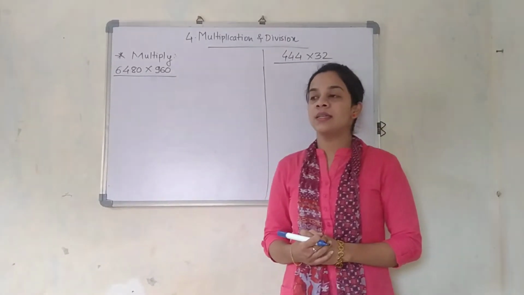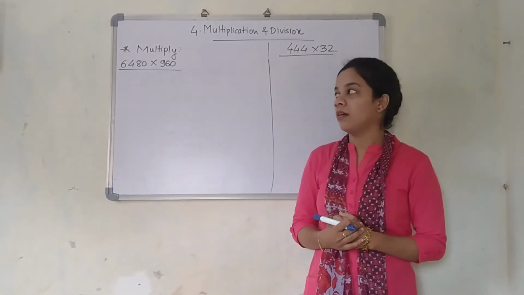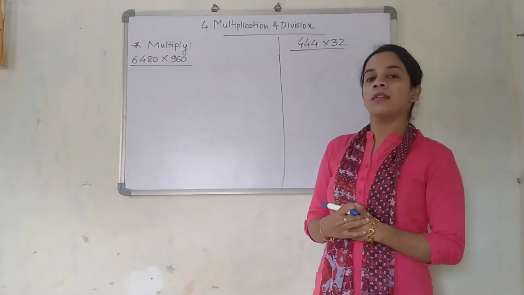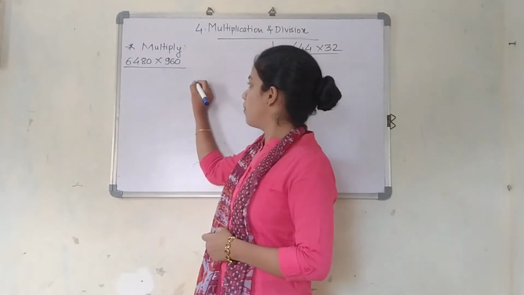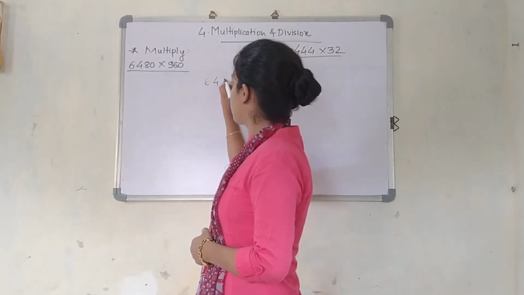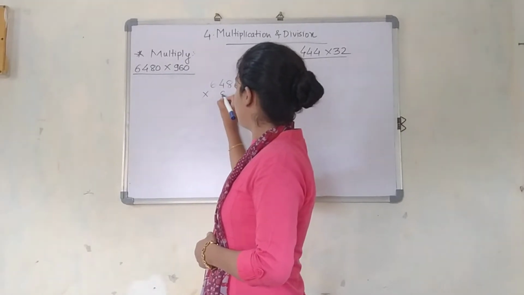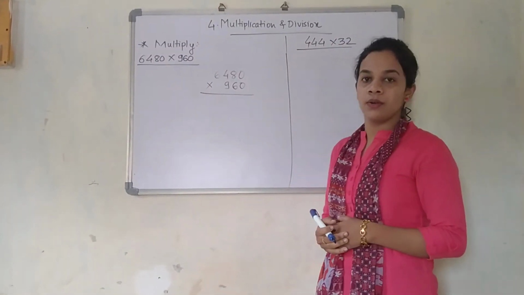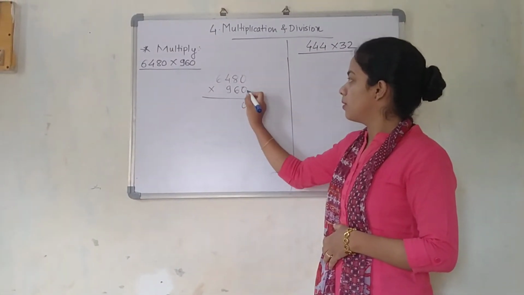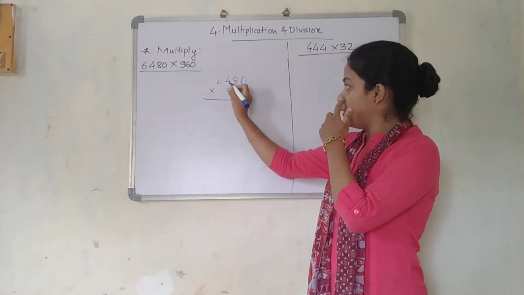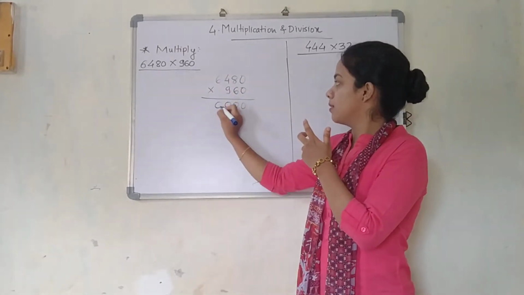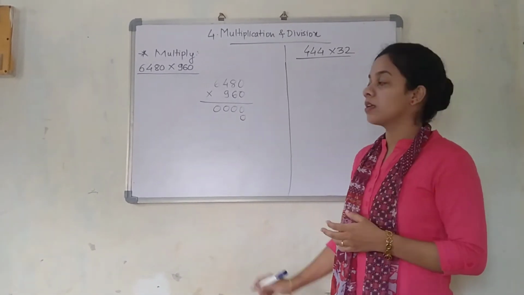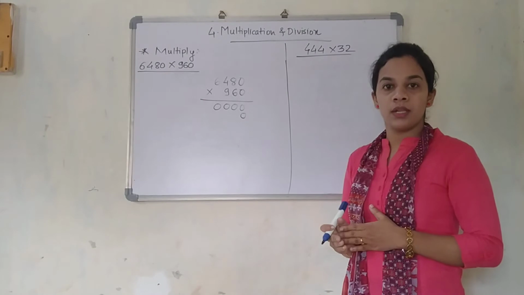Okay, so now we will see the similar questions on the board which have been given here. So 6480 into 960. How we are going to multiply this? We are going to write vertically 6480 into 960. So we will start from the unit place, that is 0. 0 into 0, 0. 0 into 8, 0. 0 into 4, 0. 0 into 6, 0. Okay, so now I am going to take 0 over here. We are going to start with the tens place, that is 6. So 6 I am going to multiply with all the remaining numbers.